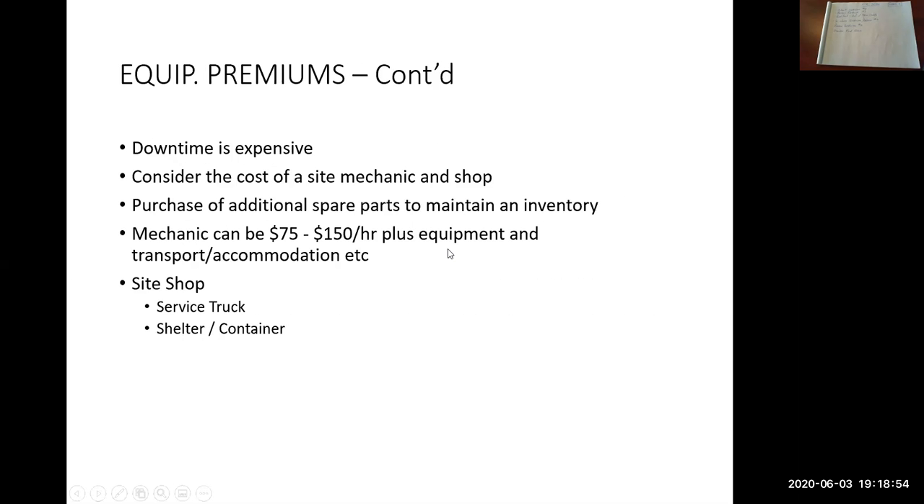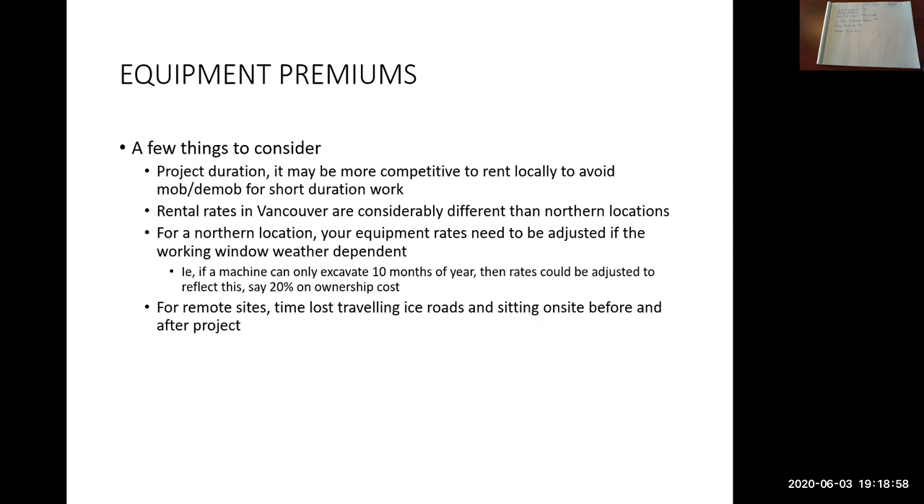Whoops. Where did I get to? This one. So